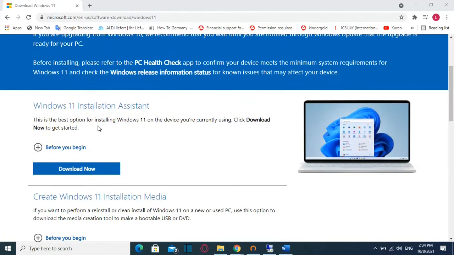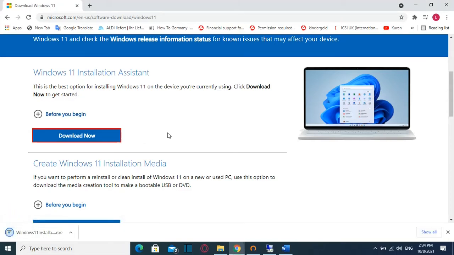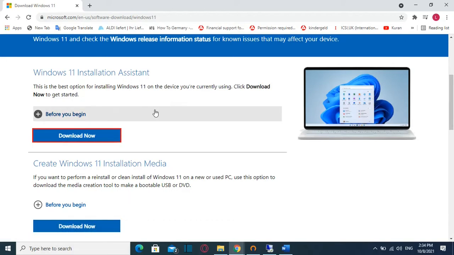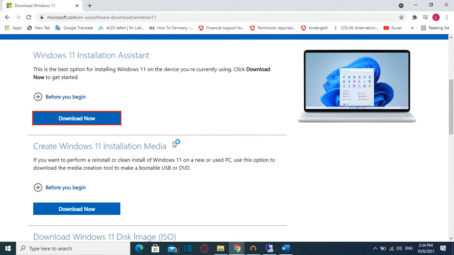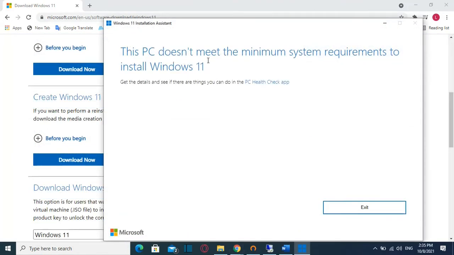The best option for installing Windows 11 on the device that you are currently using is by using Windows 11 Installation Assistant. In order to download that, you just have to come over here and click Download Now, and the executable file will be downloaded. You just double click it and follow the steps to upgrade your computer from Windows 10 to Windows 11. In case your computer does not meet the minimum system requirements to install Windows 11, you will receive this